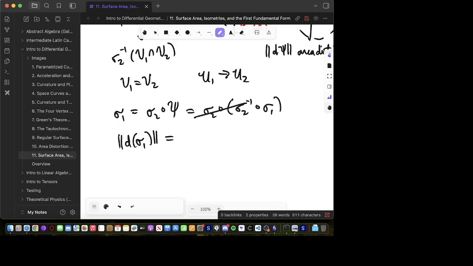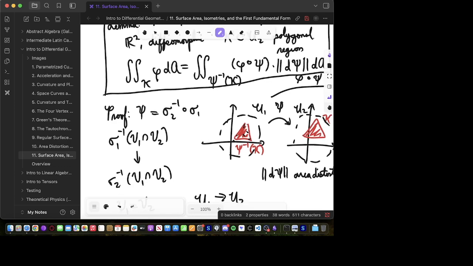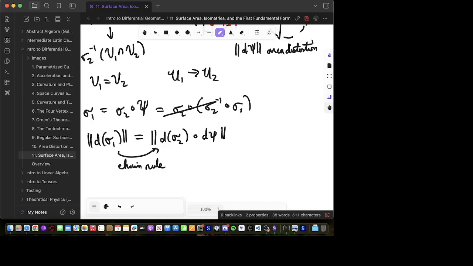The area distortion of the map d sigma 1 is equal to, by the chain rule, remember, you take the derivative of the outside and then compose it with the derivative of the inside. And then there is